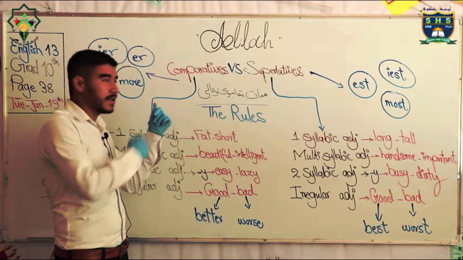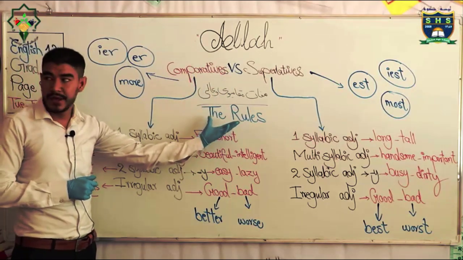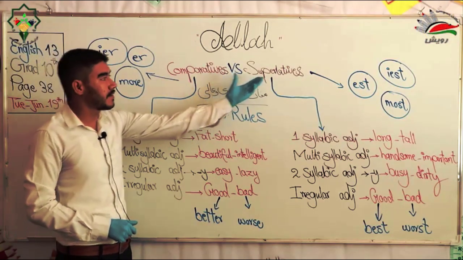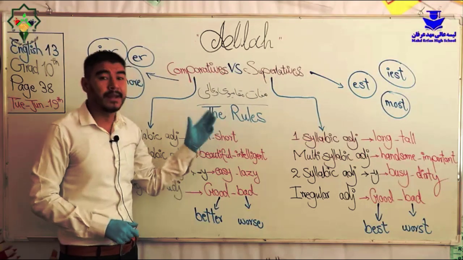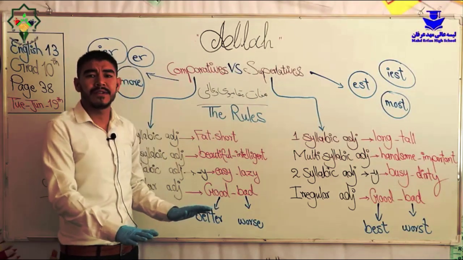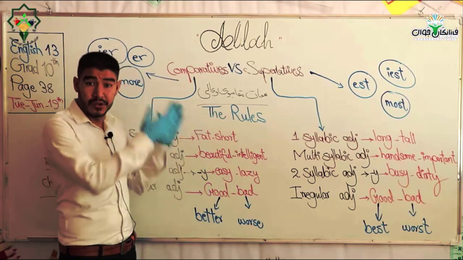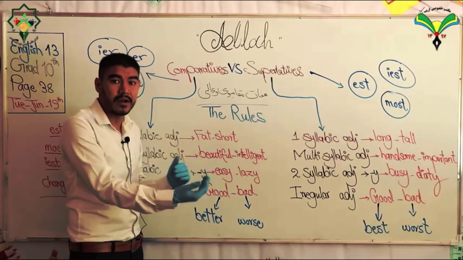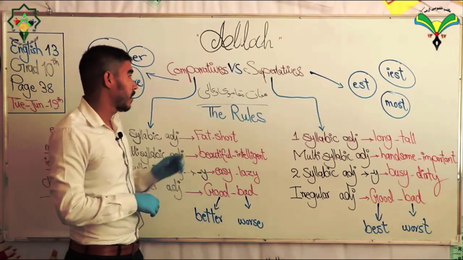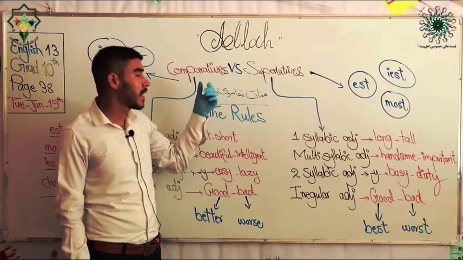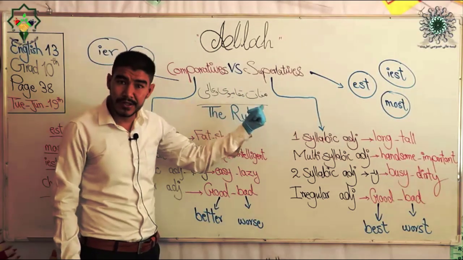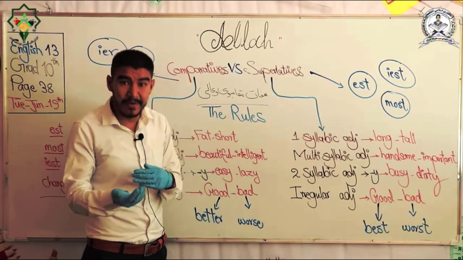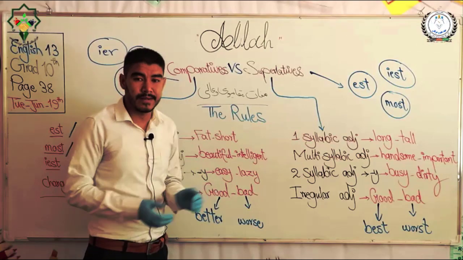As you can see this title on the board, there is written comparatives versus superlatives. In this lesson, we will know about what is comparative adjective, what is superlative adjective, the rules of comparative adjective versus superlative adjectives, and the examples are coming after my lecture. خب ما میخوایم این گرامر را یاد بگیریم. صفت مقایسوی چی است؟ صفت عالی چی است؟ قوانین صفت مقایسوی با صفات عالی چی است؟ تفاوتشان را بفهمیم، بعد اونا رو در جملات خود استفاده کنیم.